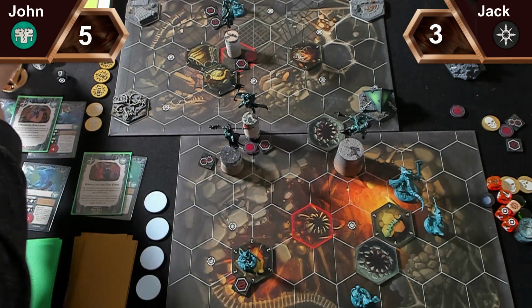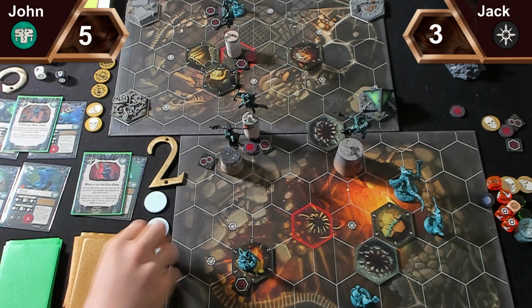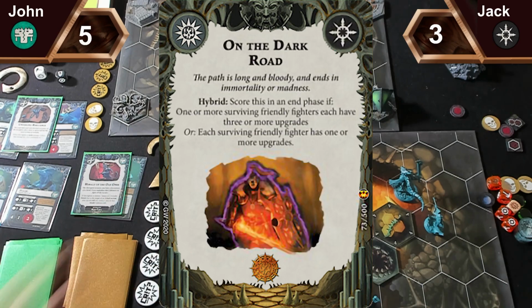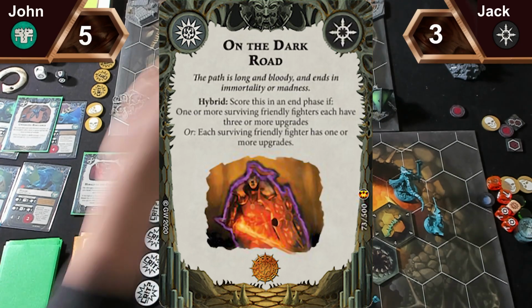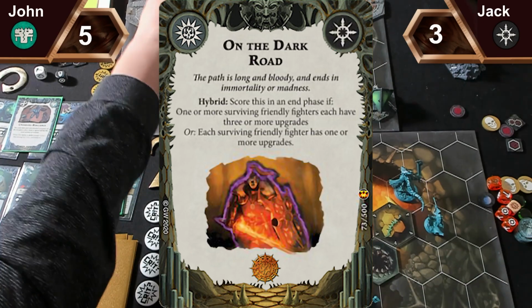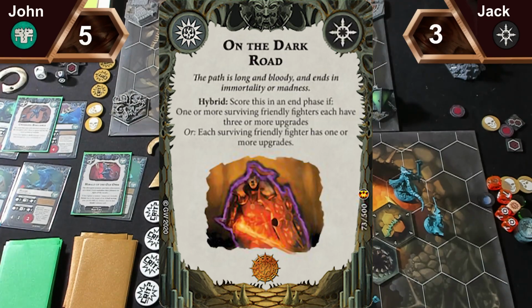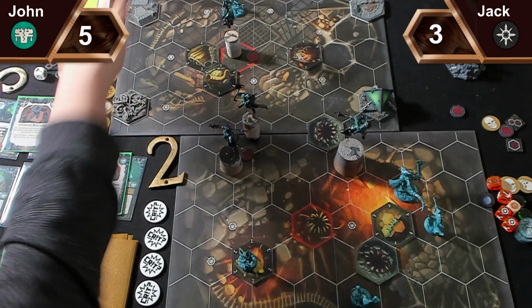Let's roll. Let me flip this. Oh, sorry, before I draw, I'm going to get rid of On the Dark Road, which is either each surviving fighter has 1 or more upgrades, or, sorry, 1 or more surviving friendly fighter has 3 upgrades. Yeah. So that's an end phase, so it seems silly to keep it. Yeah. At the moment, you're kind of like...